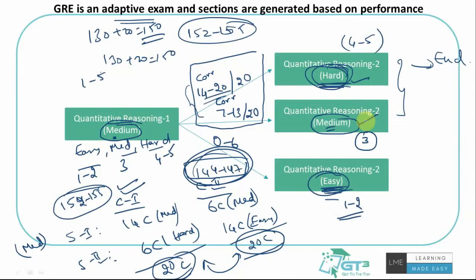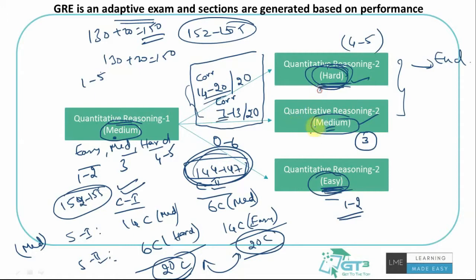Trust me, if you end up with getting a easy section as your second section in quant or verbal, your chances of getting a good score is very, very low. Very, very low. Trust me on that. So it's really good for us to target at least 7 correct in the first section so that I'll end up with